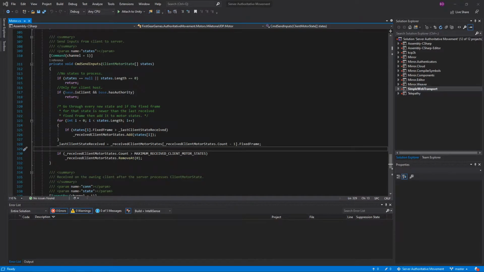This is going to be a really short video on the last things we did when we converted to UDP. Previously, I was removing one entry at a time if the received count was greater than the maximum received client motor states. But since we are taking an array now, it's possible that more than one entry can be added at a time. So if we're only removing one at a time, it's possible that this list could just keep building and building. So what we need to do is we actually just need to convert this to a while